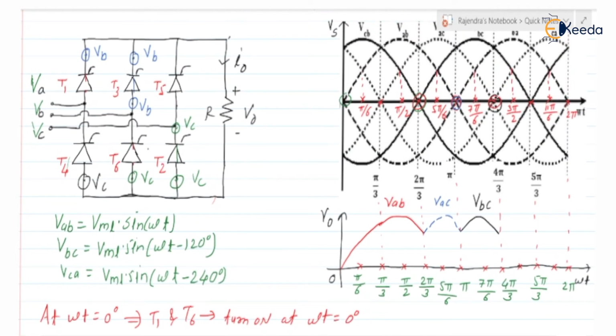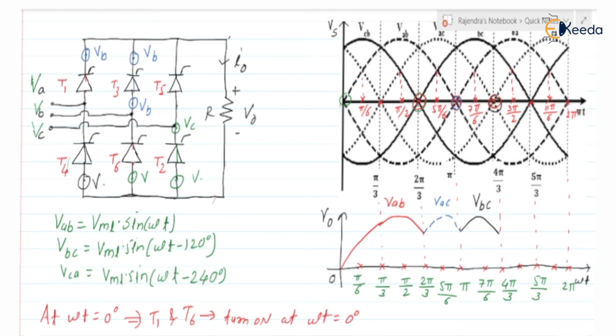So let us discuss when T4 turns on. What will happen to T2? If you check, at the cathode of T2 the voltage is VC. At the anode of T2, T4 is acting as a short circuit, so this voltage should be the same as the cathode voltage of T4. If this voltage is VA, definitely here it is VA.